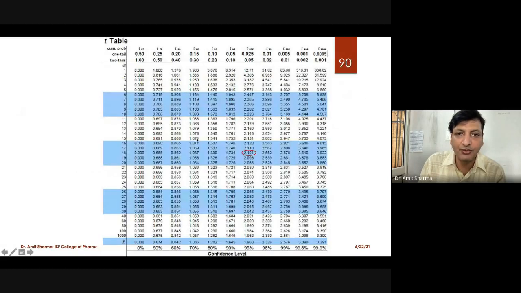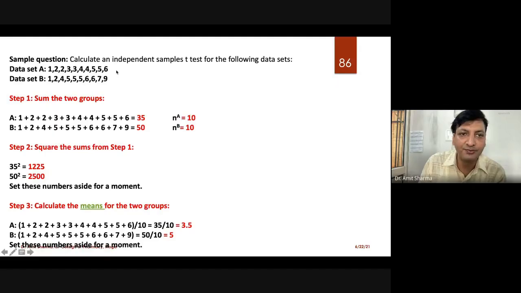What the examiner does is, the examiner will do the whole test at the beginning, and will try to find out what the cutoff point is, and this cutoff point will be given with the numerical on the top here as a test value. For example: calculate the independent sample t-test of the following set for an alpha level of 0.05, test value 2.10. They will add in the numerical only, that this is the test value with which you have to compare.